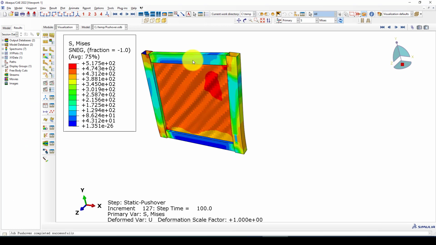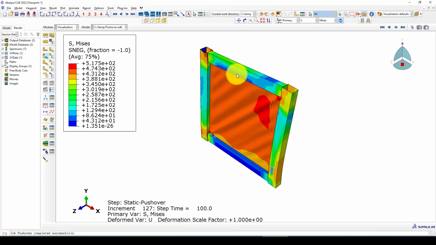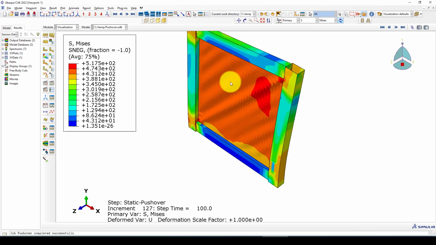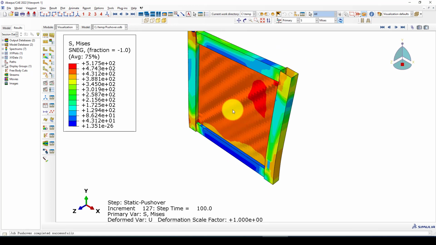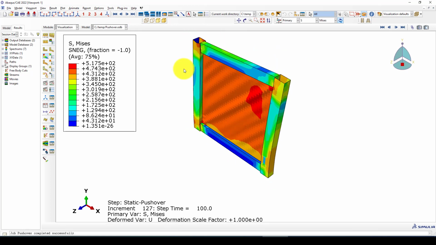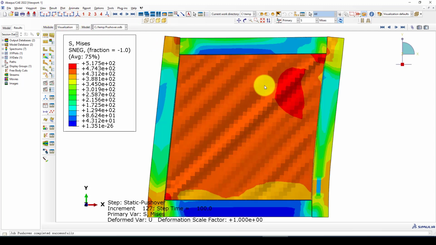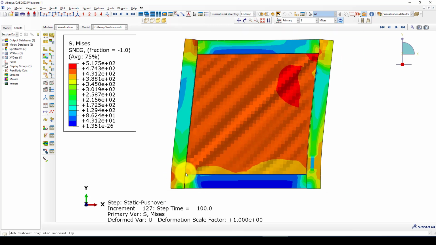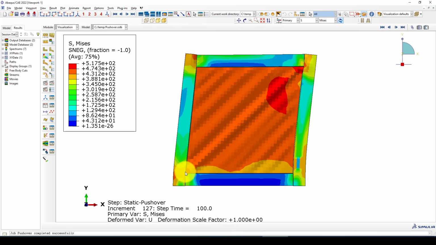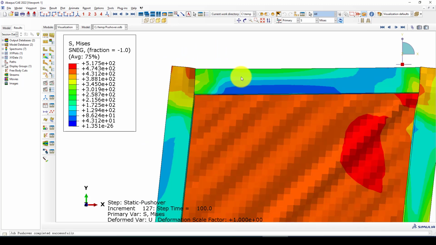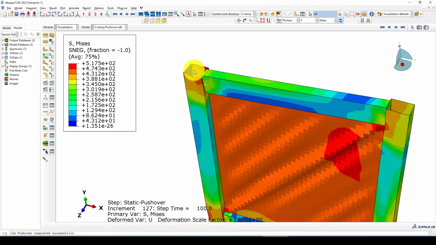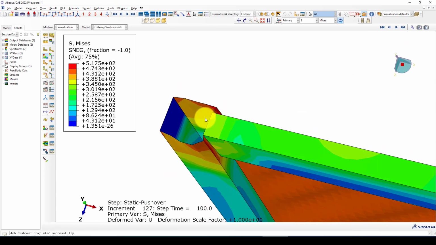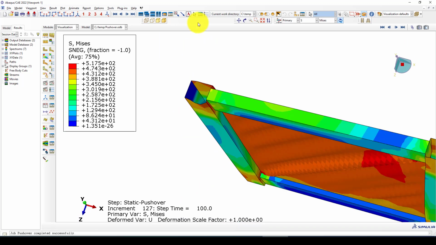In the result, we can see the structure response at 100. So here is the buckling phenomenon occurring in the structure, and this column is also significantly buckled. There is a lot of deformation, and lots of stress is concentrated here. Here is the column deformation, buckled in this area. So now we can go to see the